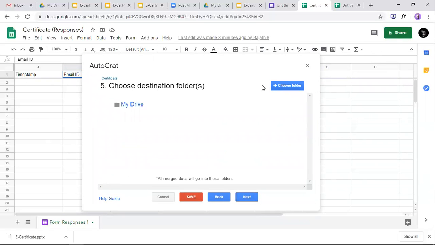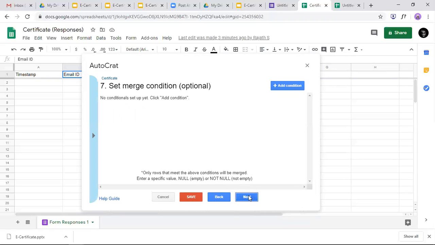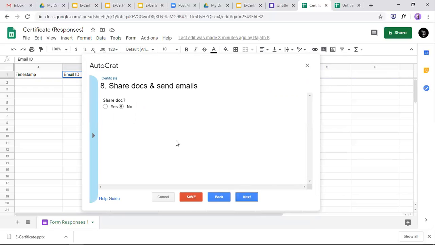We have to choose a folder where all the certificates will be saved. I'll just use my drive itself right now because it's best. And then you don't have to do anything here. But where will the institute name go?